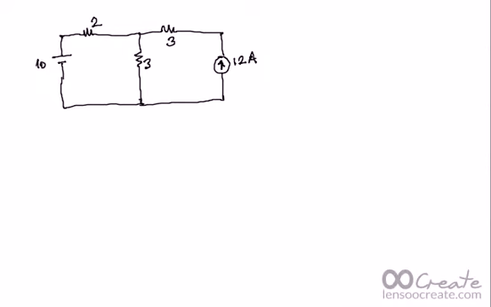Hi, in the last example we did one example about mesh. Now I want to introduce the current source. So let me draw my circuit first of all. Here is my circuit. As you see, I have replaced my independent voltage source with